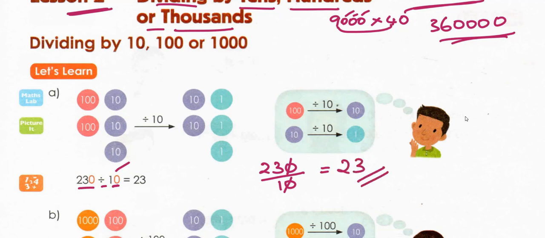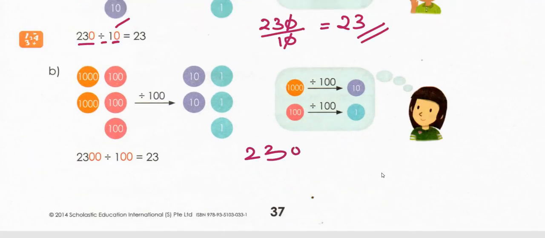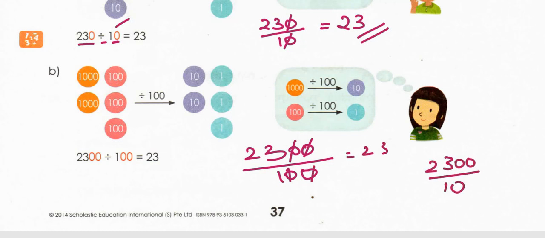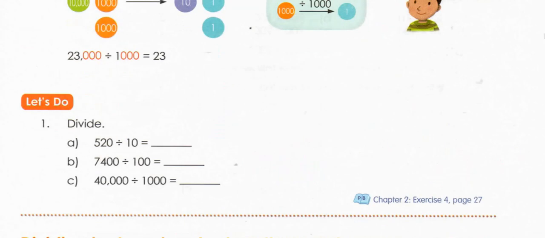It becomes 23. 2300 divided by 100. Here you have 2 zeros, here also you have 2 zeros. You just cancel these two, it becomes 23. Suppose you have 2300 by 10, then you have to cancel only as many zeros as you find in the denominator. That many zeros only you should cancel in the numerator. So here you have only 1 zero in the denominator, you cancel only 1 zero in the numerator. This is your remaining value, that is nothing but 230. Remember this.